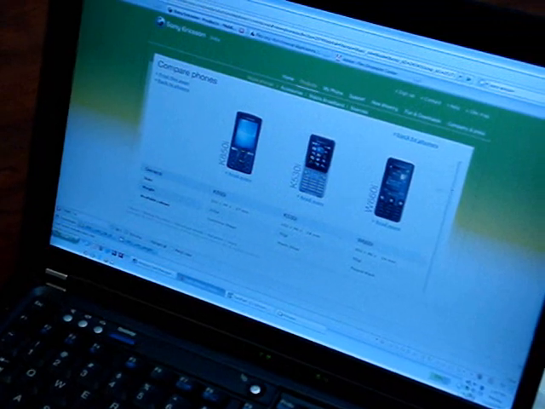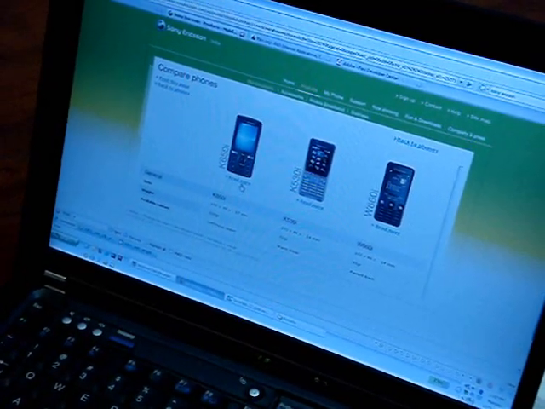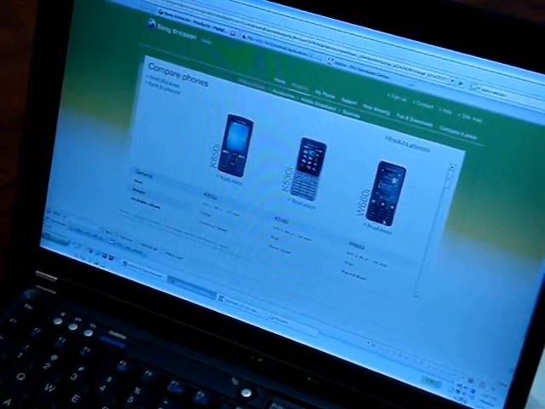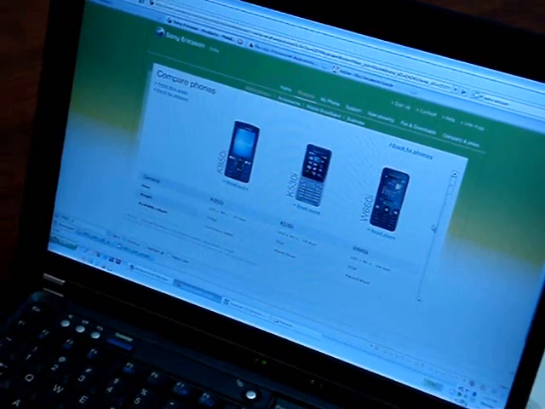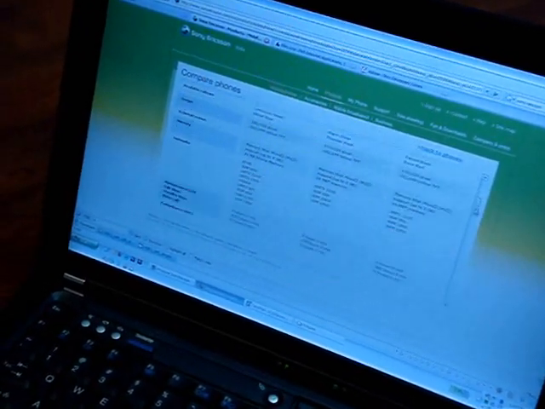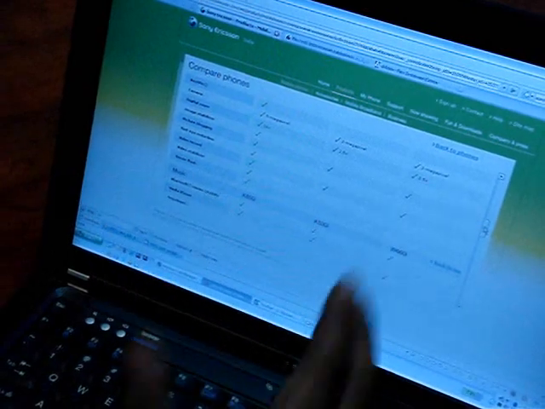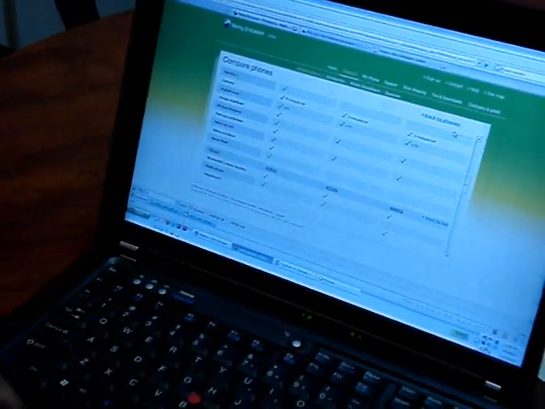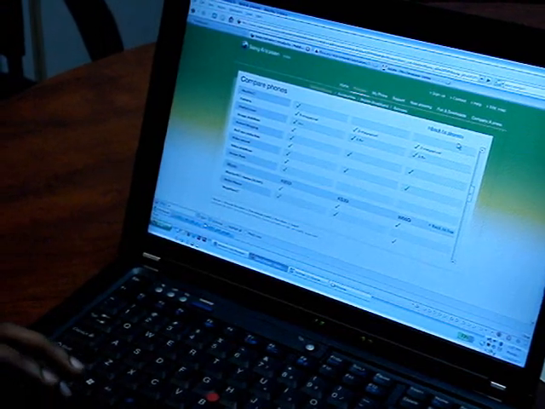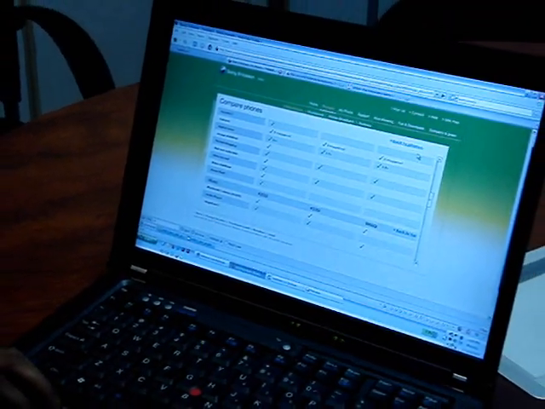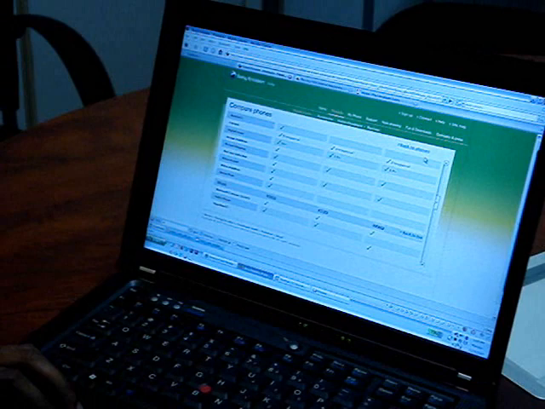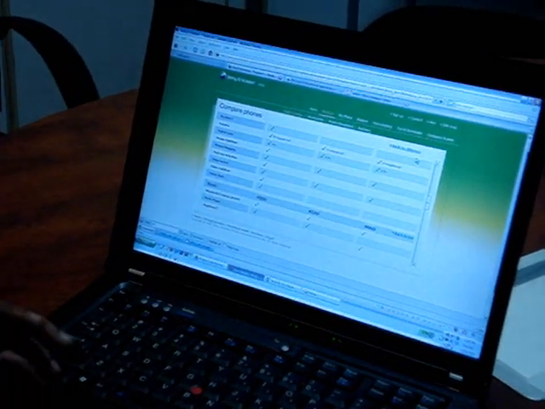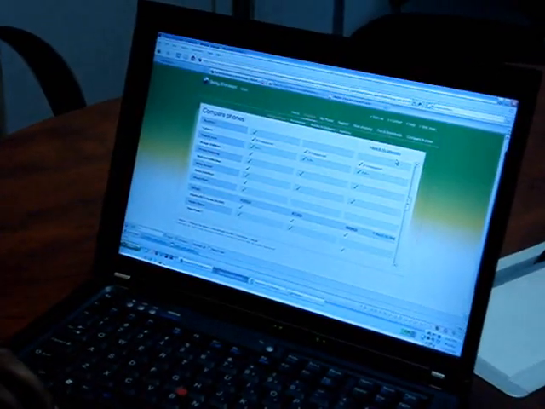As you can see, here are the 3 phones. You can read more about them. There is some information about it. You can scroll down here. There are all the details, and then you can compare this, make your decision, and go ahead and buy it. So Flex has made it really easy for users to parse through all that information, which earlier used to be a half an hour job of searching for the phone, to just a matter of minutes.